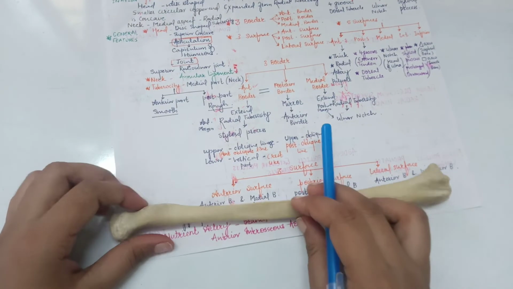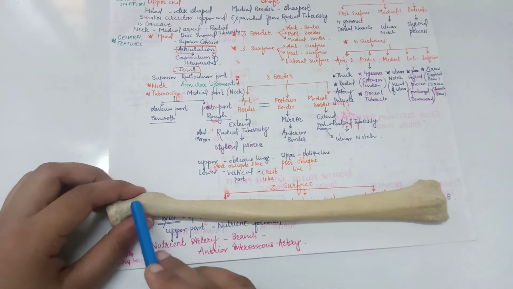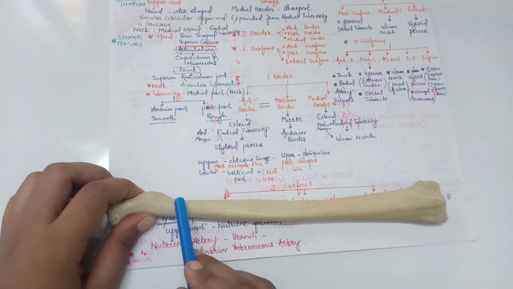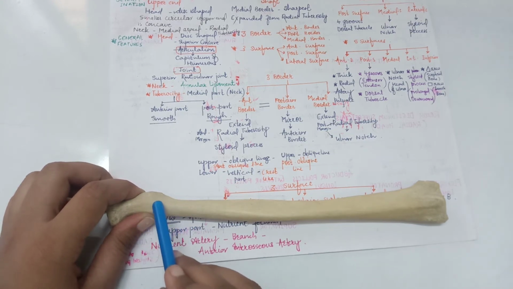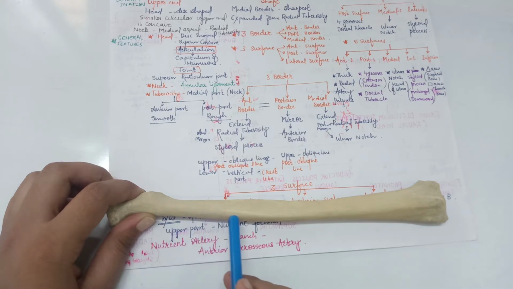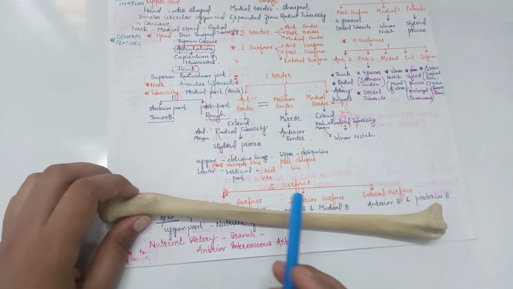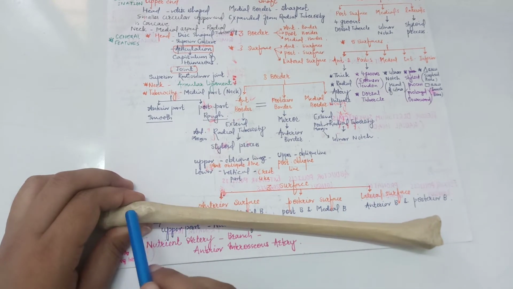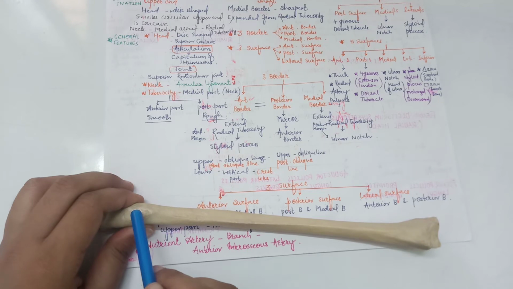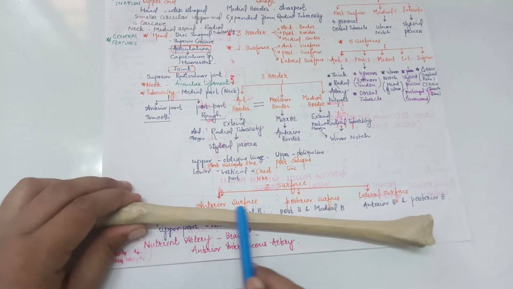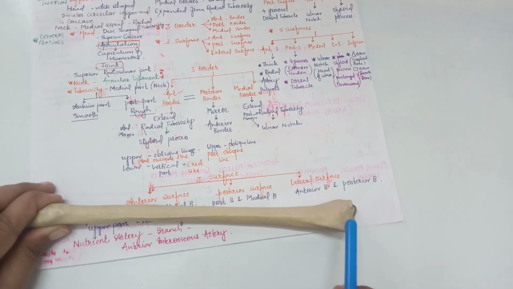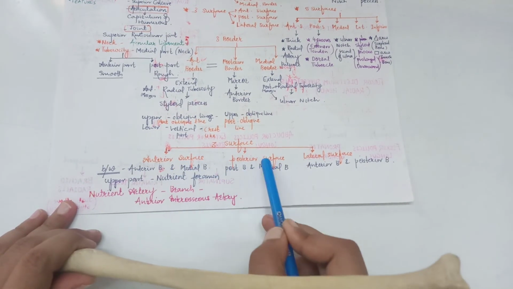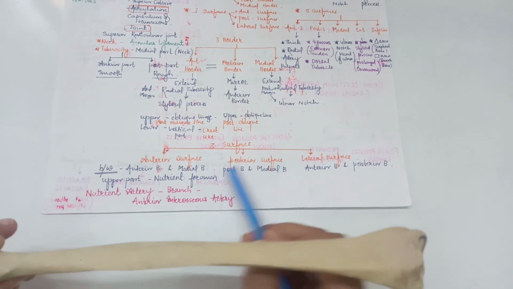The posterior border is a mirror image of the anterior border. In the upper part, it has an oblique line which is known as the posterior oblique line, and this one is the medial border, which extends from the posterior margin of the radial tuberosity up to the ulnar notch of the radius. It has three surfaces, anterior surface, posterior surface and the lateral surface.